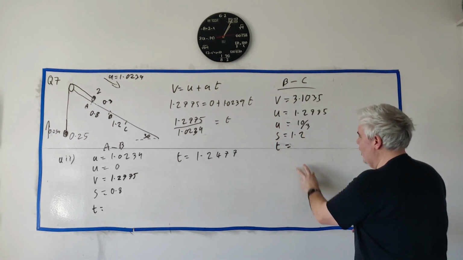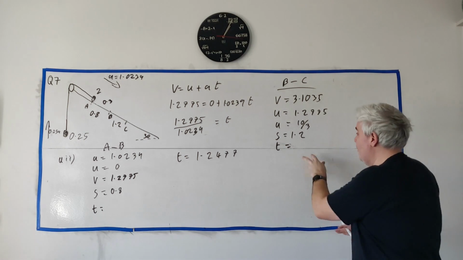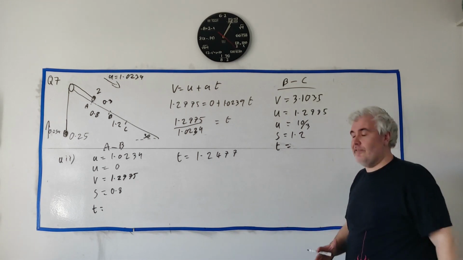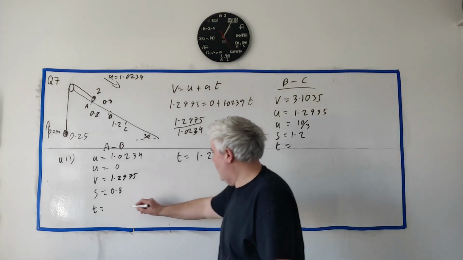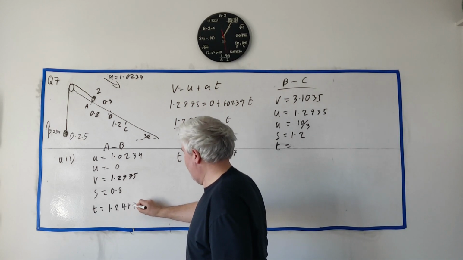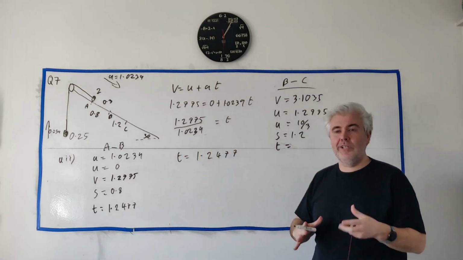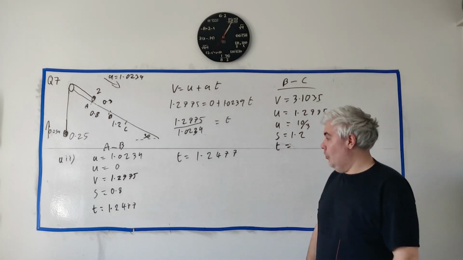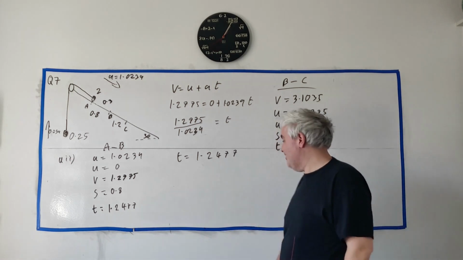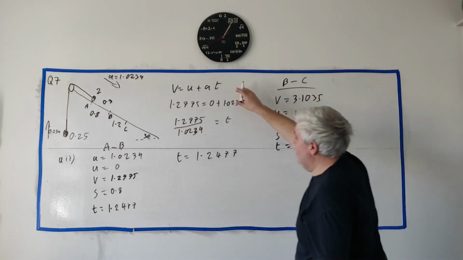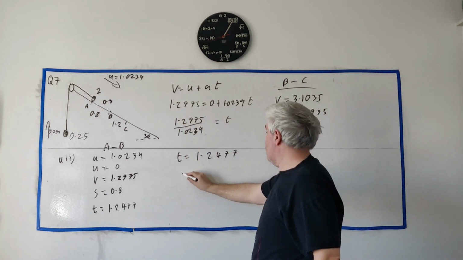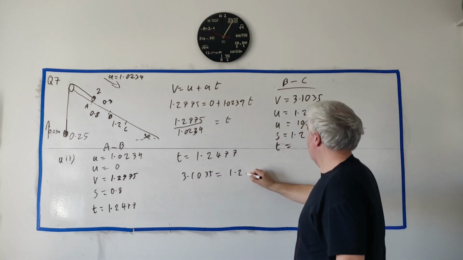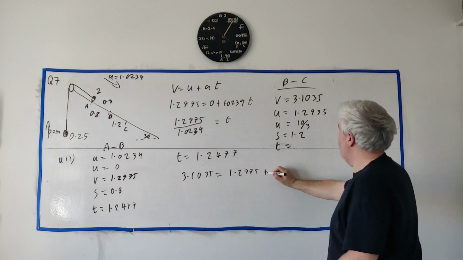It's the answer here that the answer in the exam, in the marking scheme, is wrong to 3 significant figures. But once you add it to this, it's fine. Anyway, that's t. That's 1.2477. Again, my motto is to never round off. Certainly never round off to 3 significant figures unless you're finished, unless you're at the answer. So we do the same thing with these guys. Same world here. V is 3.1035 is equal to 1.2775 plus acceleration